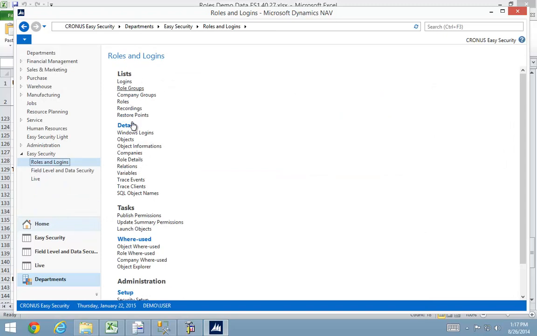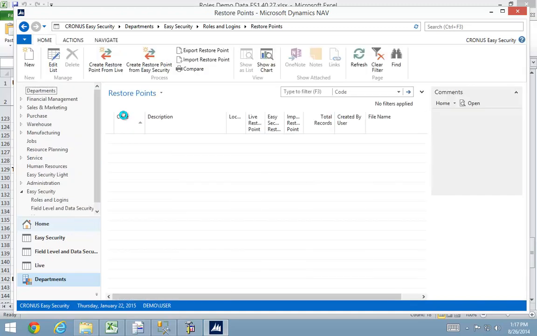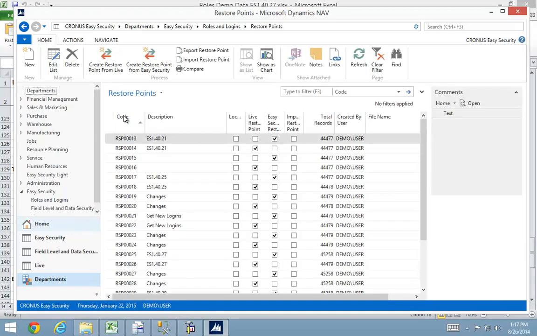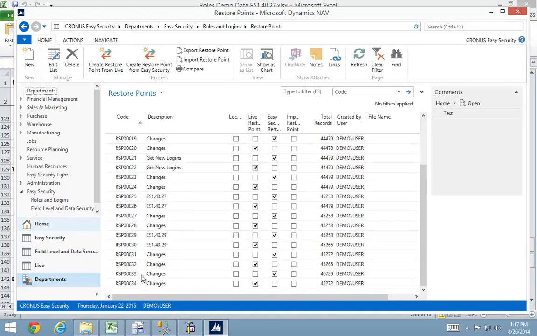These restore points, when I create those ones, every time I do changes, it will create one both from Easy Security with the data that needs to be written, and one from the live system with the permissions that were before I changed anything. So I can see in this case, I added 1,500 records in here. If I wanted to take a look at those changes,